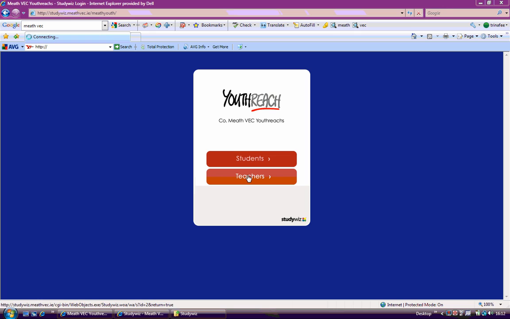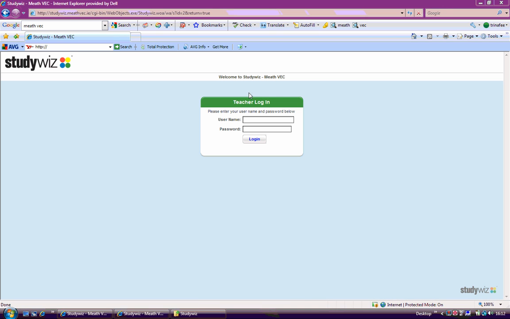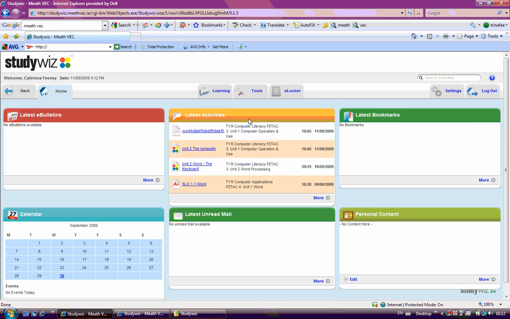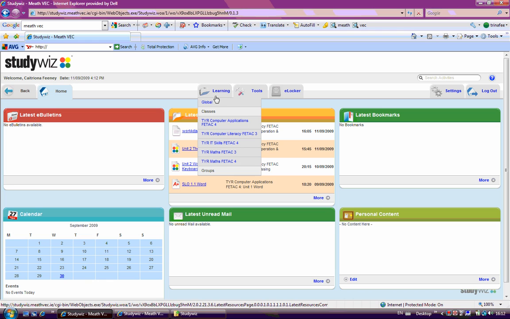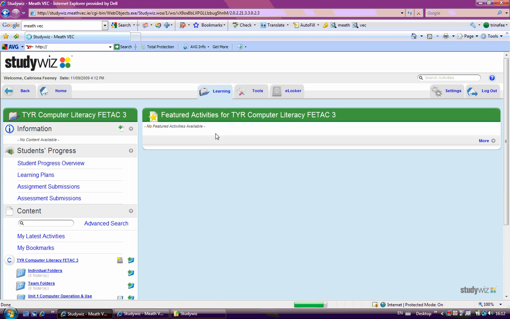So again, just log in as teachers, type in your username and password. Okay, so there's my homepage there now, and there's all my latest activities. So I'm going to go into the subject again that I'm looking for, which is computer literacy. And I'm going to show you first of all how to delete